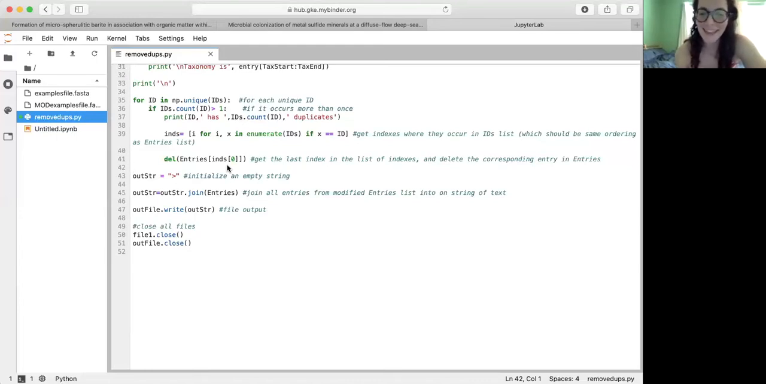Let's give it a second. Okay, so ins is a list of indices. Now we're capturing the one that we want to keep. If we want to delete everything else, then we need to delete everything other than the last index or the first index. Oh, so what we want is in ins, if that's the list of everything, then we just